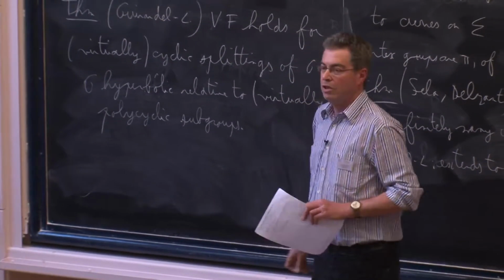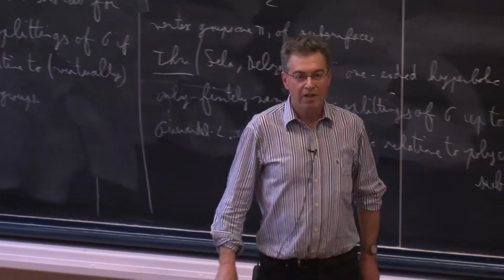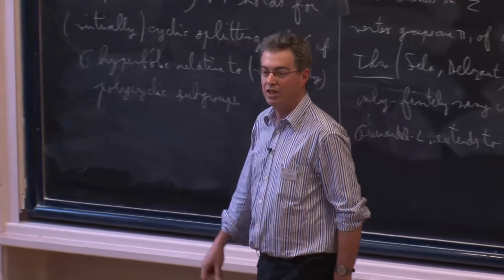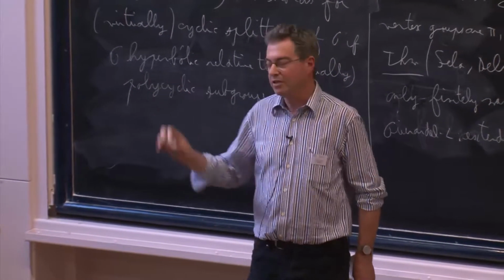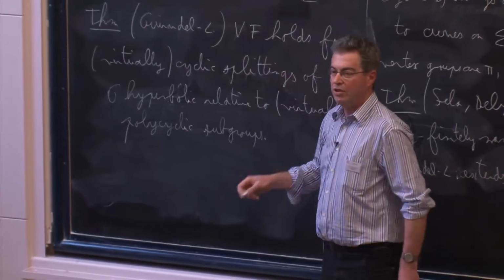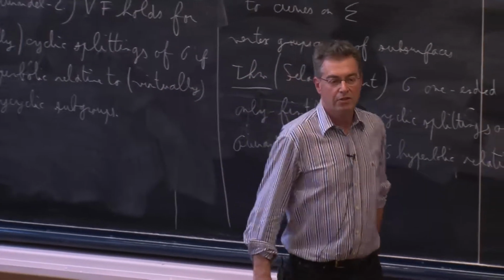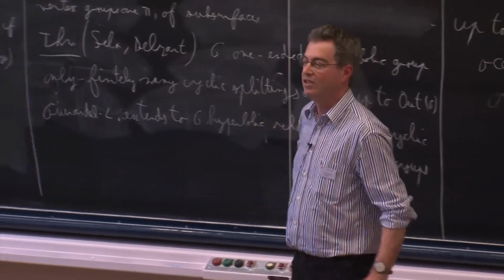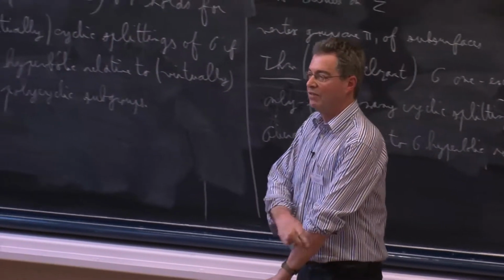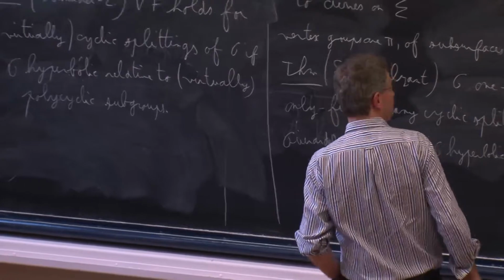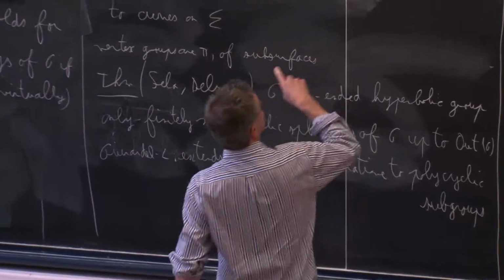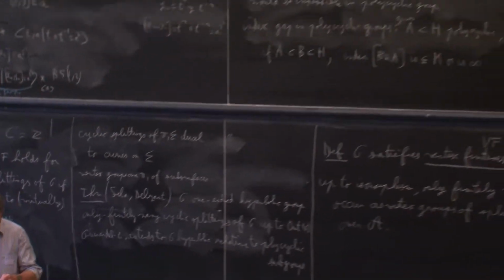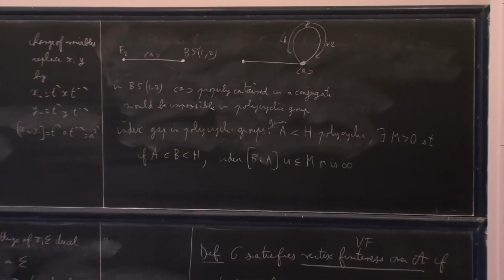So I'm not going to prove the theorem. One of the key ingredients in the theorem is this JSJ decomposition that I mentioned earlier. Somehow if you take an arbitrary splitting of your group, you're going to compare it to the JSJ splitting and see where the vertex groups come from and realize that up to isomorphism you can only have finitely many. And this index gap, which is somewhere here, is another ingredient in the argument. Okay, so